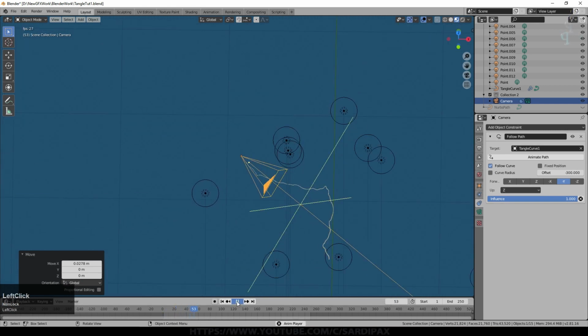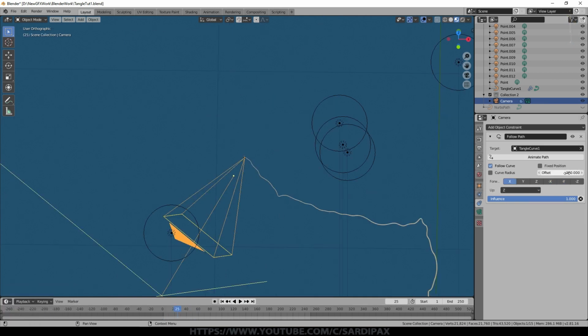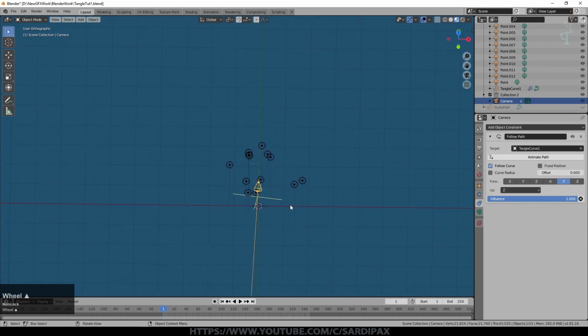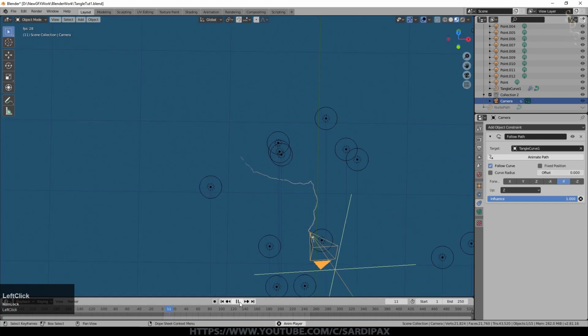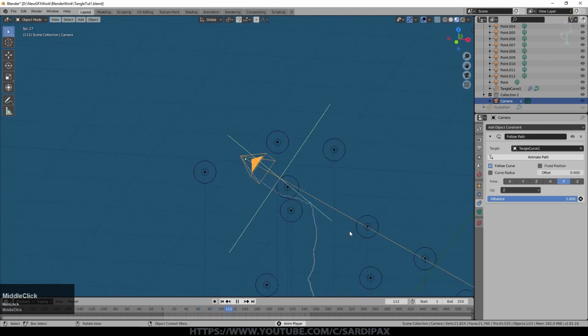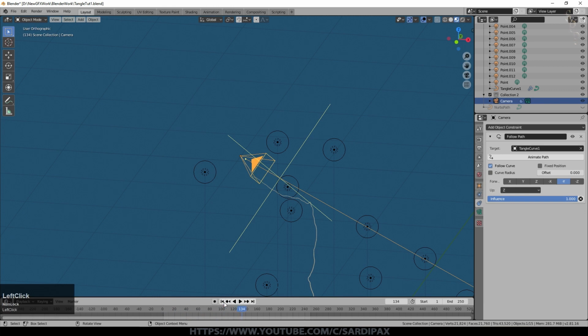But it's clearly not traveling along the curve yet, and the reason for that is because of this offset that we've got here. Because if you remember, by default we'll only have 100 frames on that curve. So I'll set that back to 0, and we can now see our camera is wobbling along that curve nicely. It's possibly not going in the direction we wanted. It's easy enough to turn that round if we wanted to.